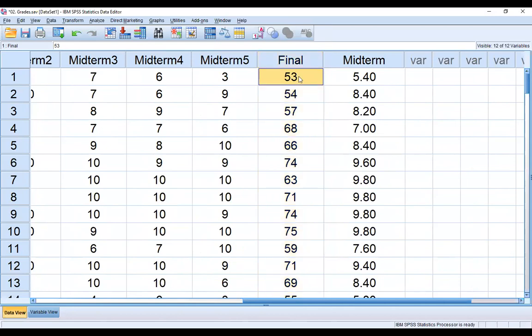If I want to recode it, then how to recode the variable? So I just want to give this data in a coding form like A, B, C. There are 3 codings. A means the students who obtain more than 60 marks will get the A coding.